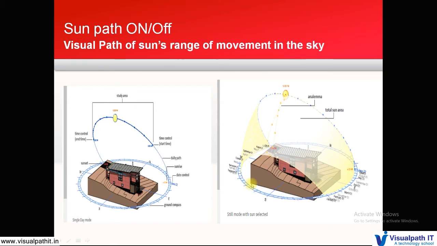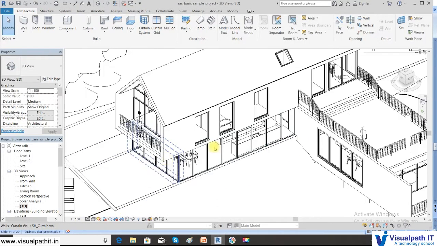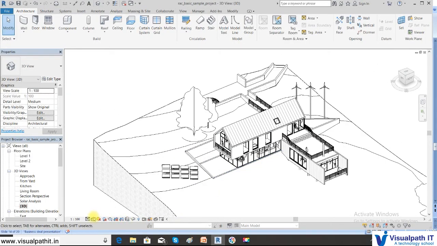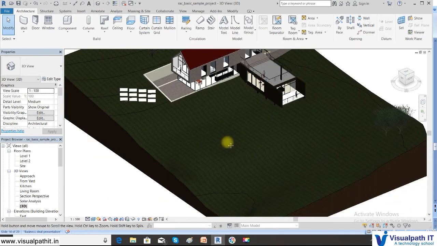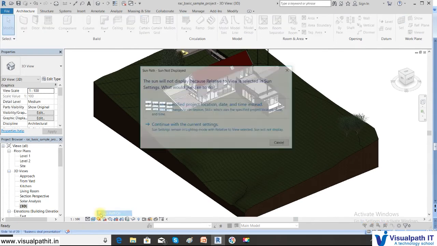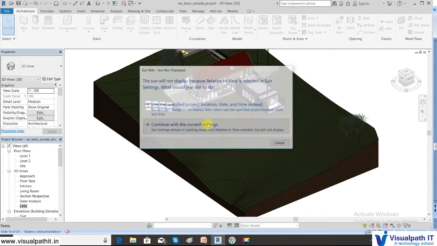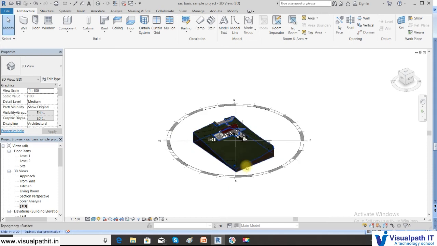If you want, we can go to the software and see how that is happening. In order to do that, I can switch on this realistic. You can see the difference. Once you switch on the realistic, if you want to see it more realistic, here there's the sun path off and you can make it sun path on. Continue with the current settings. You can see the sun path available. You can change your settings.